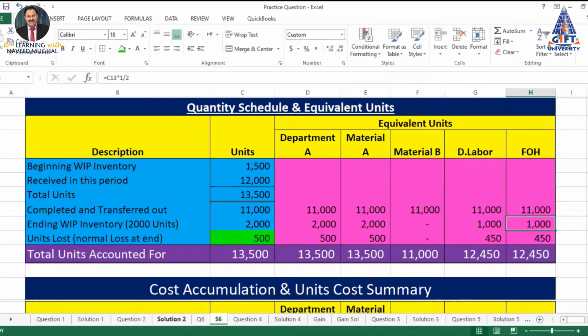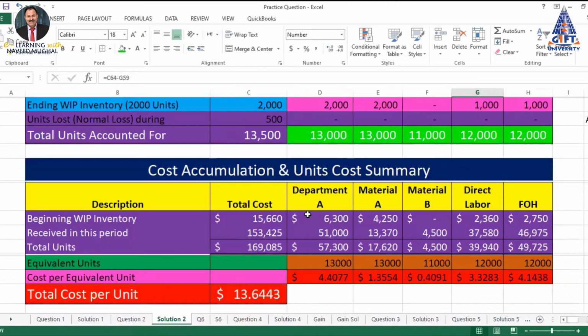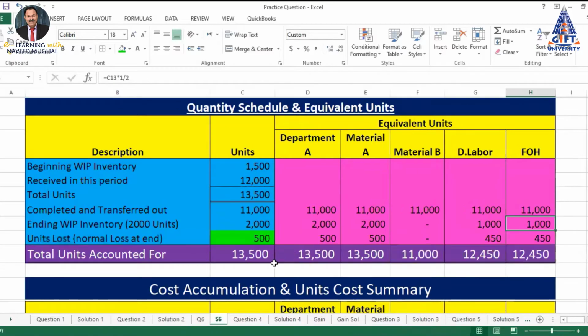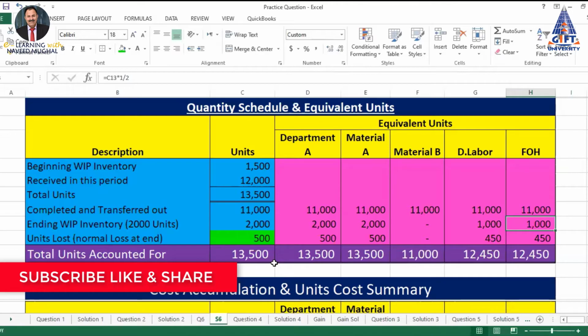Here we haven't used equivalent unit calculation for lost units because we have not to separate the lost from these good units. But in this case, we have to separate that loss and we have to charge that loss to the particular class of the units. That's why we are doing that. So the simple rule is, if you have to separate the loss, include lost units in the calculation of equivalent units. And if you don't have to separate the loss, then you need not include the lost units in the calculation of equivalent units. Very simple rule.